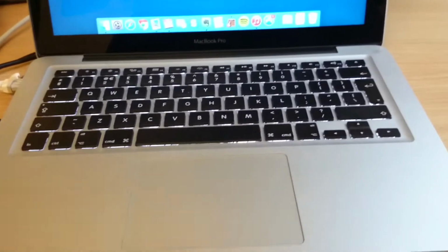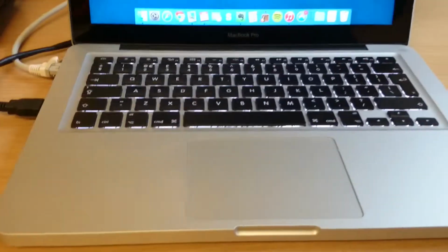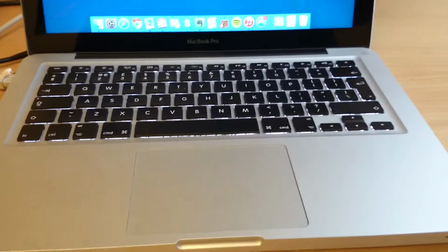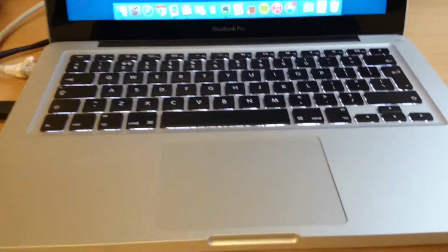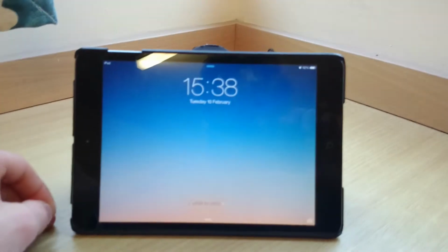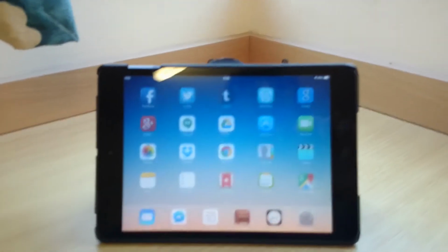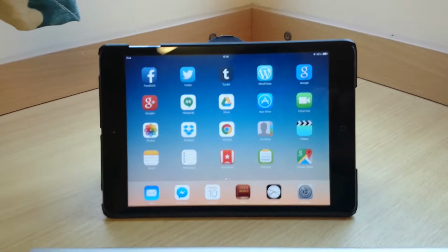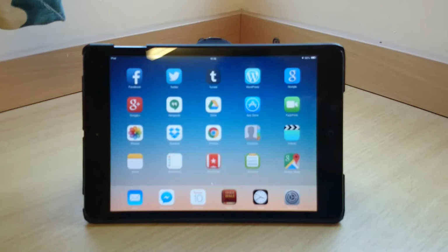A lot of people don't like Mac products, but I actually do. I quite like them. I think that especially the MacBook and iMac range are great. Not quite so keen on the iPhones. That's why I got this thing over here. Anyway, speaking of Mac products, here is my iPad mini first generation. So before I got more into tech, I didn't really know what tablet to get, and everyone gets an iPad, right? So I got an iPad, and